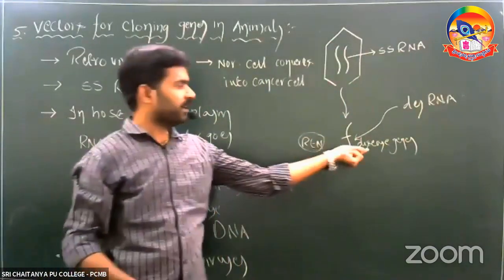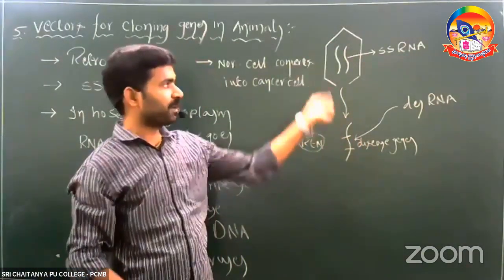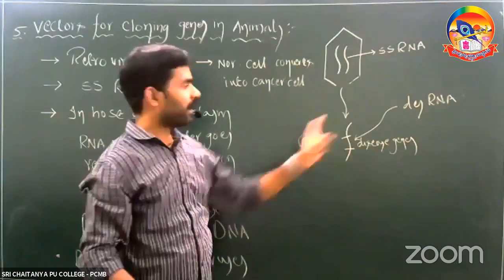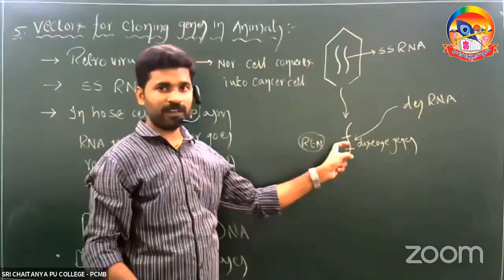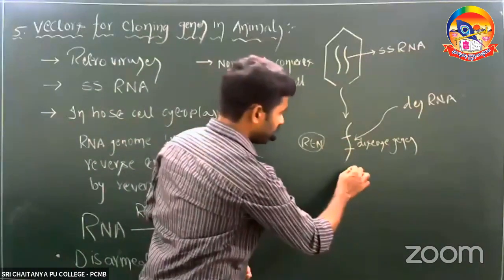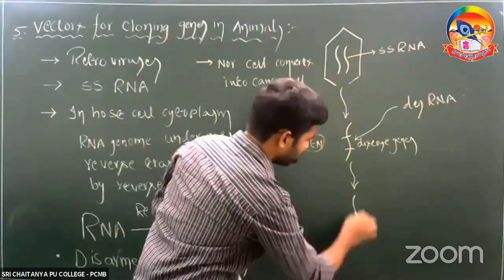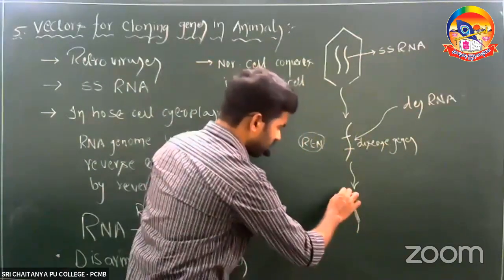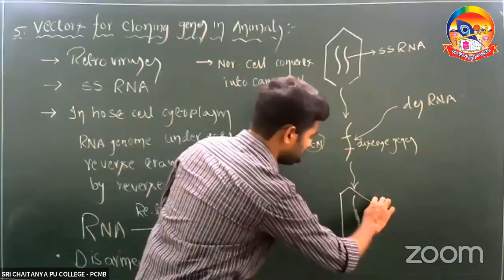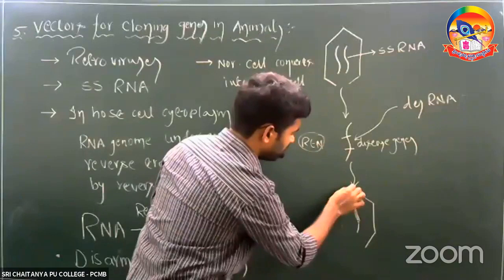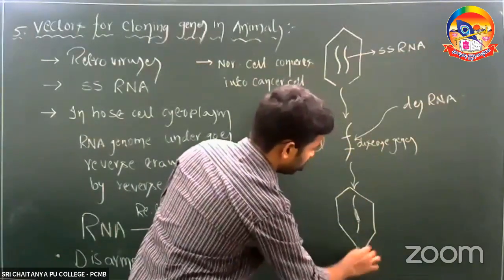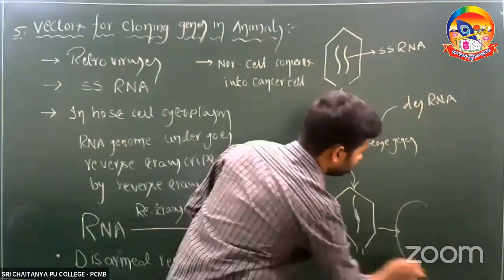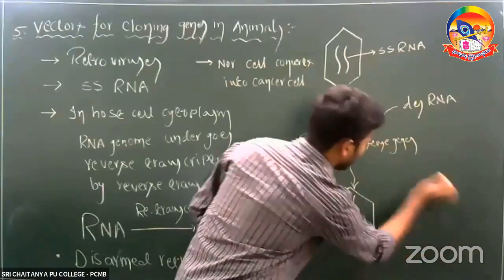Are you clear? The disease-causing genetic material present in the RNA molecule of retroviruses is removed by the restriction endonuclease enzymes and desirable RNA is inserted. Imagine this is the desirable RNA. That desirable RNA molecule is again inserted into the retrovirus. So whenever that retrovirus infects an animal cell,